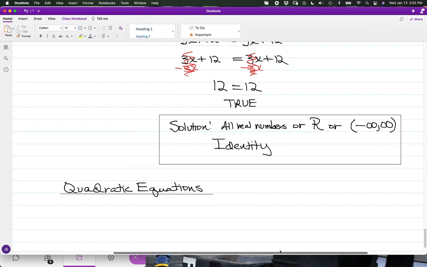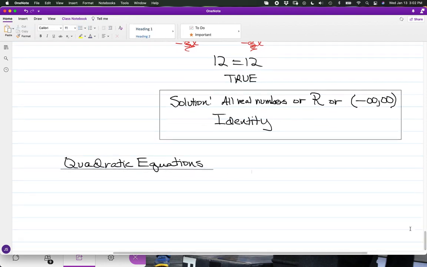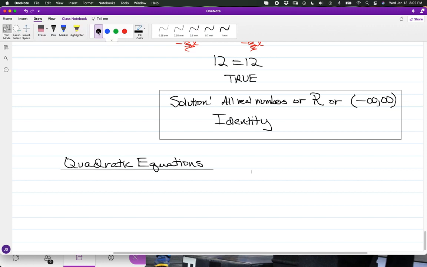By definition, a quadratic equation is going to be a second degree equation